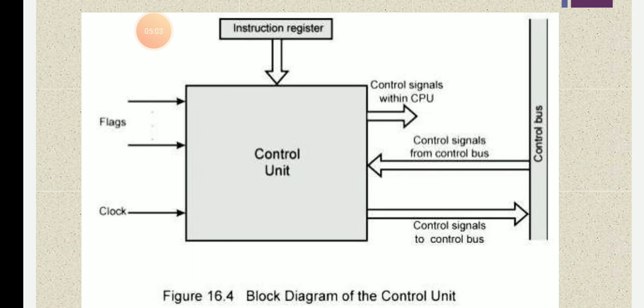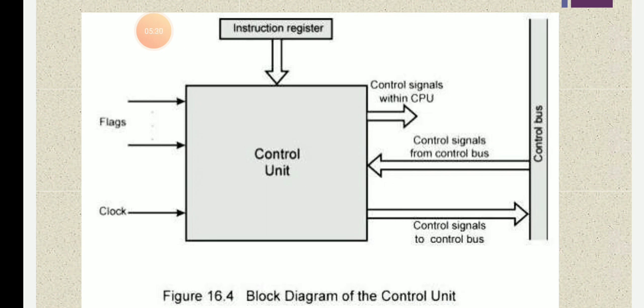Okay, so that is the CPU. So what exactly is the control unit? What are the functions of these units? The first function is that it is responsible for controlling the transfer of data and instructions among other units of the computer. You have to transfer the data and instructions among other units of the computer, so you have to give some instruction to the other units of that computer.